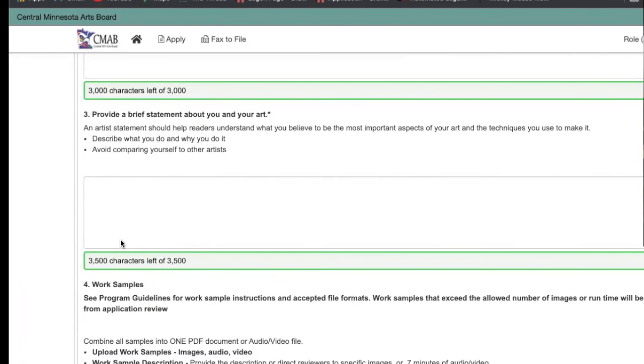Next, we ask for a brief statement about you and your art. This is essentially who you are, what you do, and why you do it. An artist statement isn't usually a very long statement. We allow for 3,500 characters. That's quite a lot. Sometimes an artist statement may be longer, but as you're crafting that, it's essentially trying to communicate to us who you are, what it is you make or do, and why. That looks a little different for everybody. We actually spend some time within the training helping you hone the idea of an artist statement, but for the purposes of the application, you'll get to take a stab at that on your own.